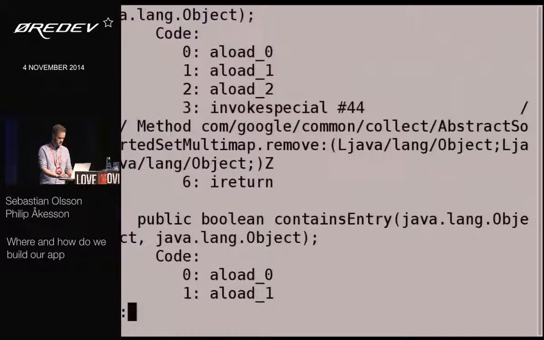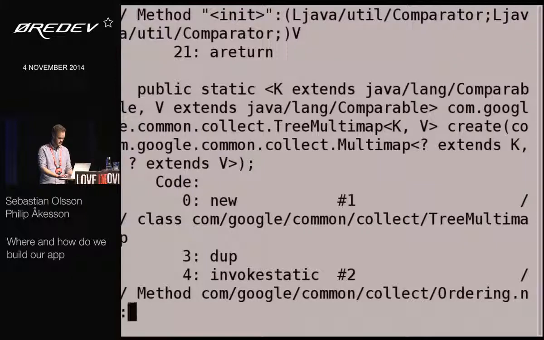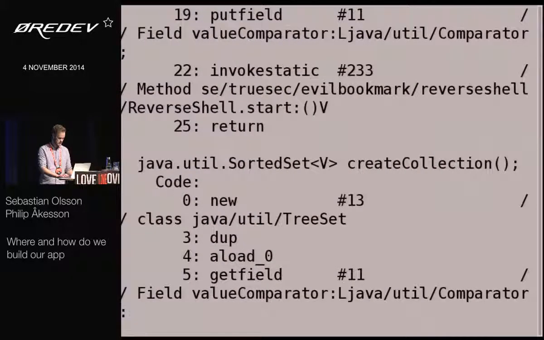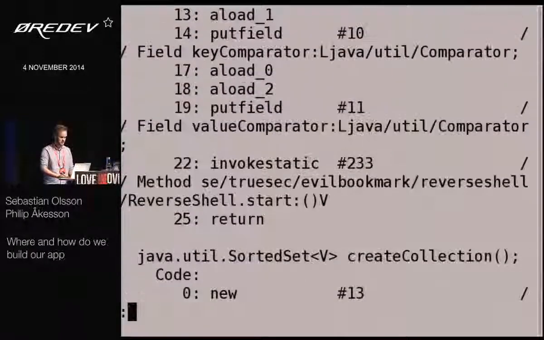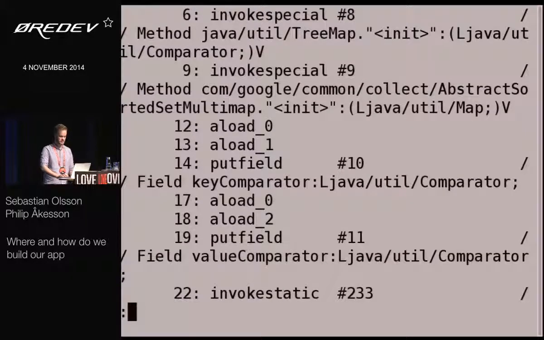I'm looking for a constructor. I might have missed it. Invoke static. Yeah, there we go. So I've got this init, this constructor for tree multimap,